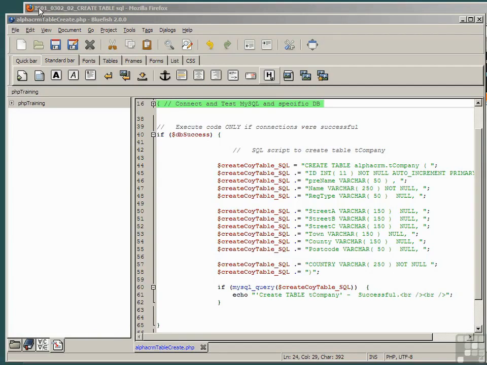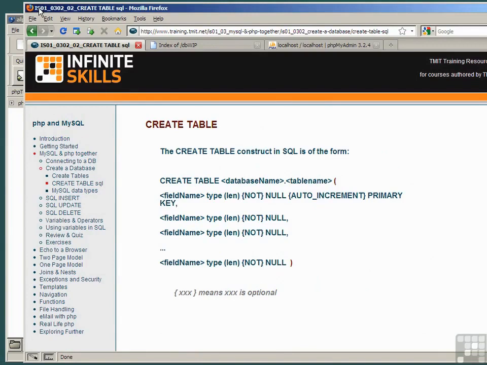Let's look now at the general format of the SQL construct createTable. The createTable SQL command starts with the words createTable, followed by the database name dot table name. It has a start parenthesis and an end parenthesis, and between that is a comma-separated list of each of the fields,